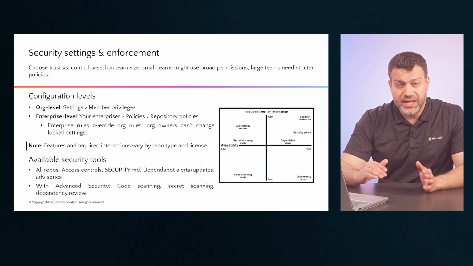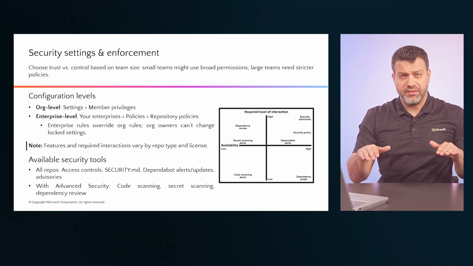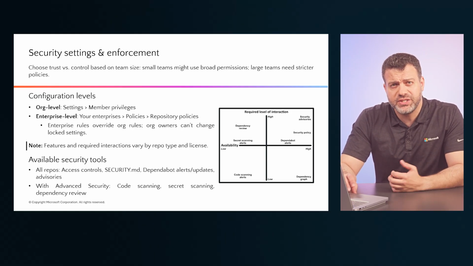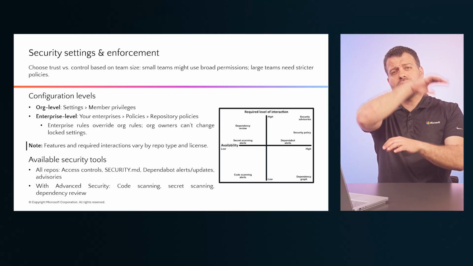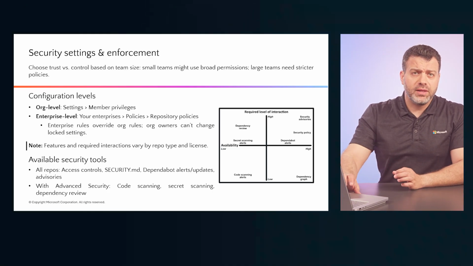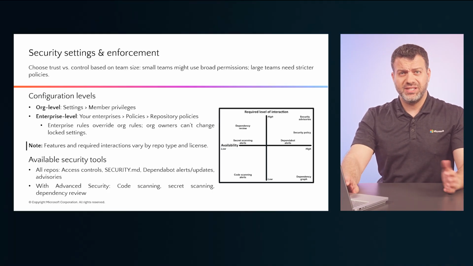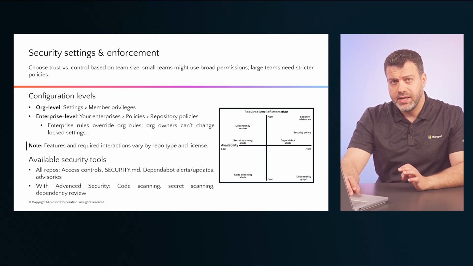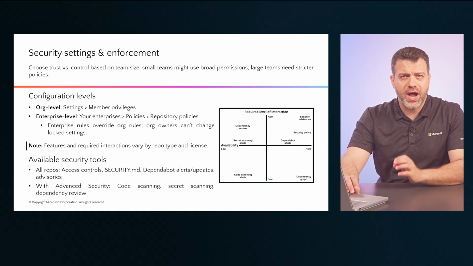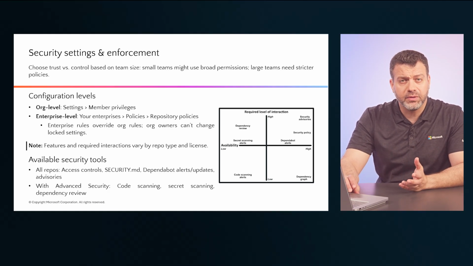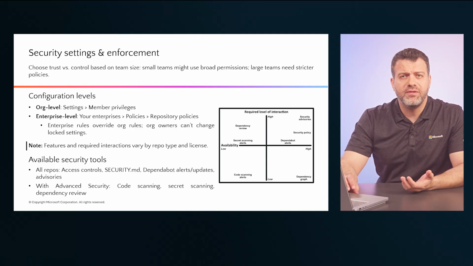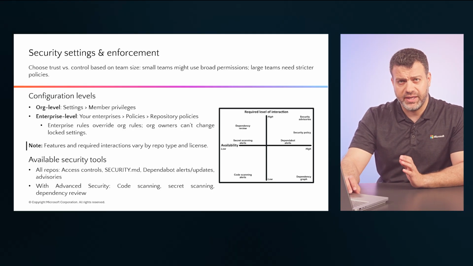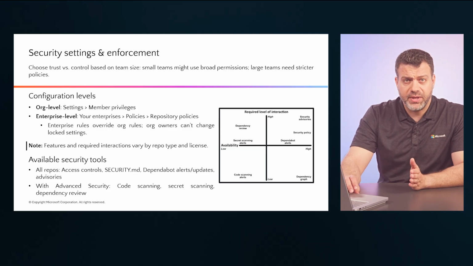You configure this at two main levels. At the organization level, you set some default permissions and settings for your teams, and then at the enterprise level, you enforce policies across all the organizations. This is where you get consistency at scale. And here's the important part. Enterprise rules override everything else. So for example, if your enterprise requires 2FA, two-factor authentication, no organization can opt out of it, even